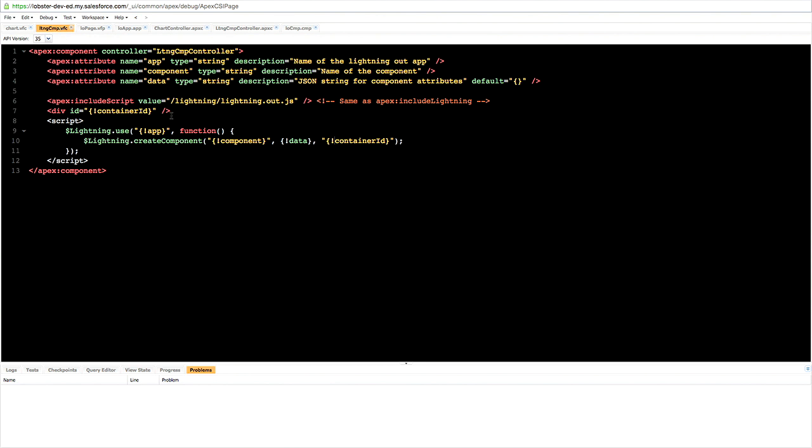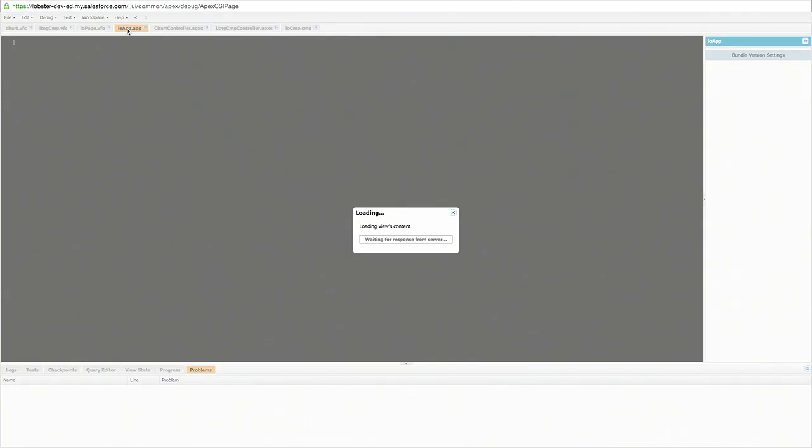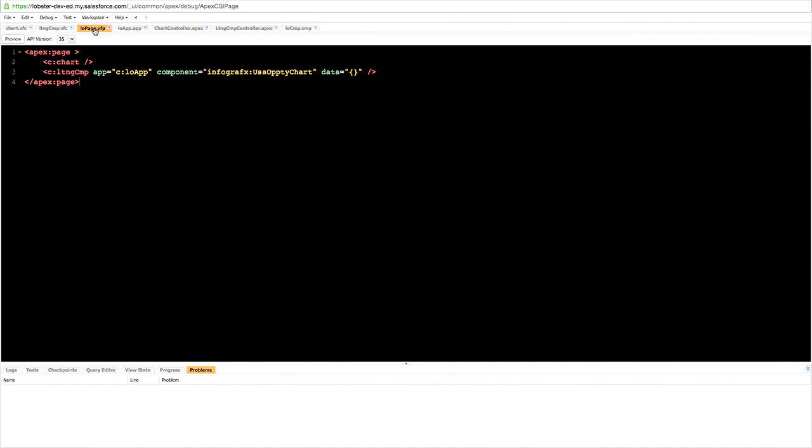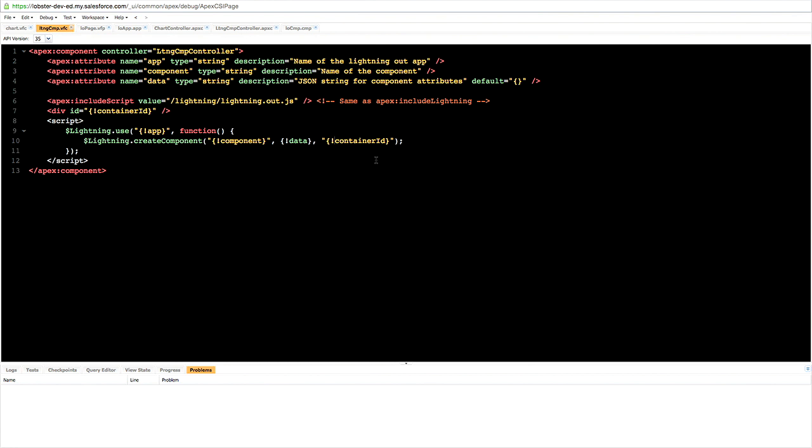Yeah, so data is the attribute that has been passed, so that will be passed from here, right? So I'm just passing a blank object here. So it's going to take that. So you're giving it attributes, giving the name of the component, and the ID of the div tag where it should be appearing. So that's going to result in